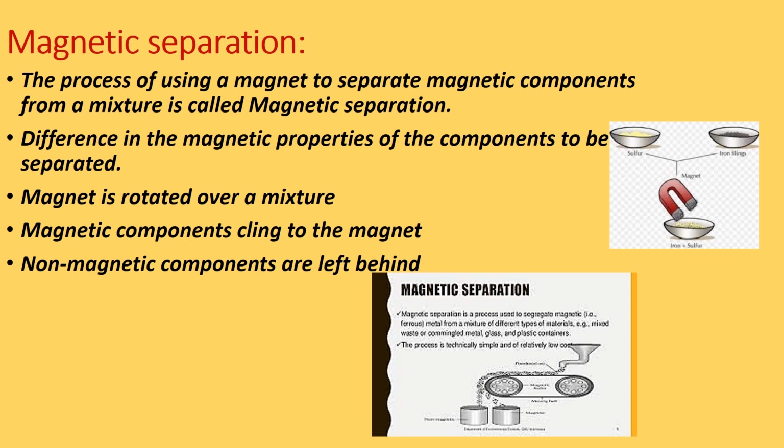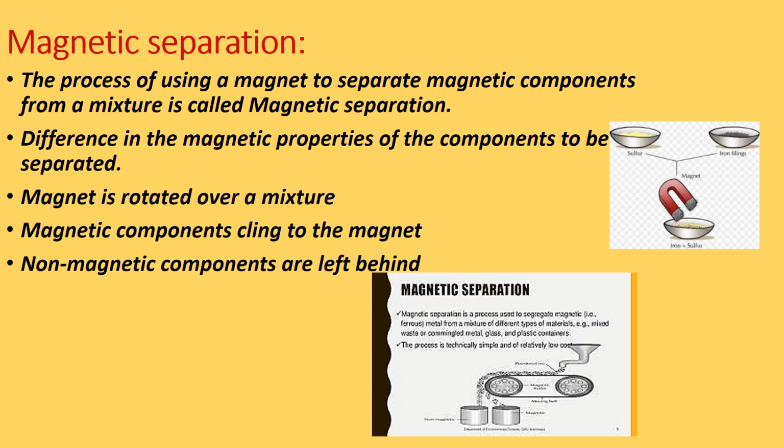The sieve is shaken, and as a result the large components are left behind in the sieve and the smaller components pass through the pores of the sieve and are collected in the bowl. According to the size and kind of the component, different types of sieves with different pore sizes are used. As a result, the separation is done.